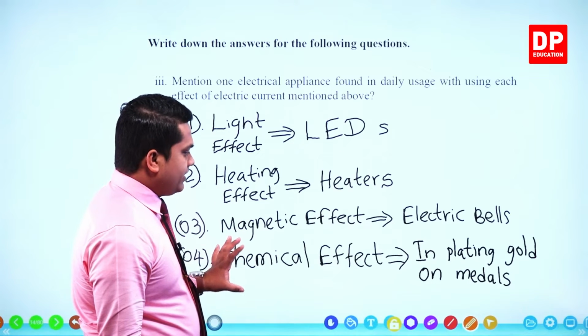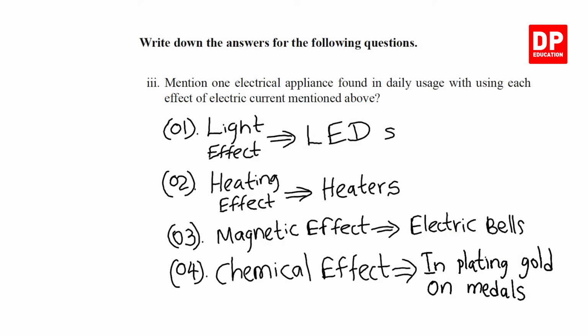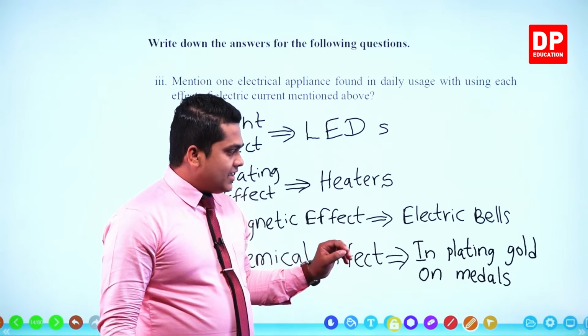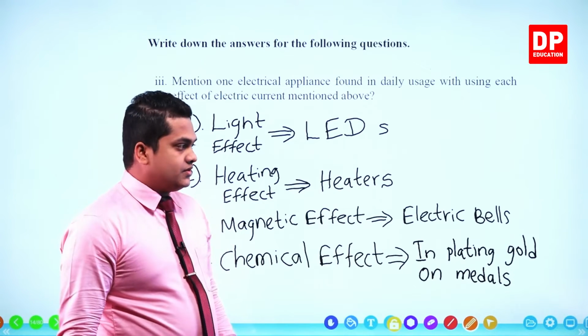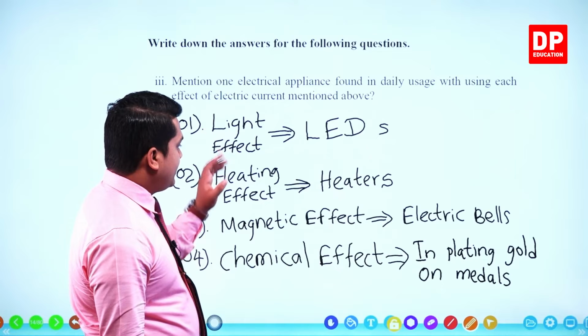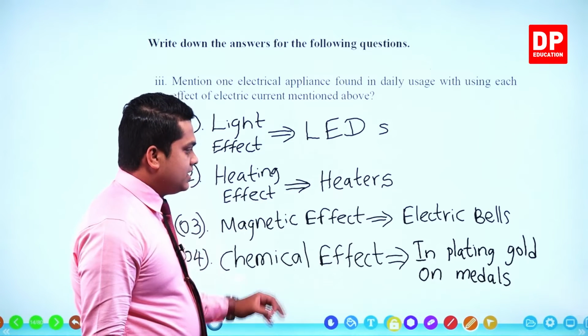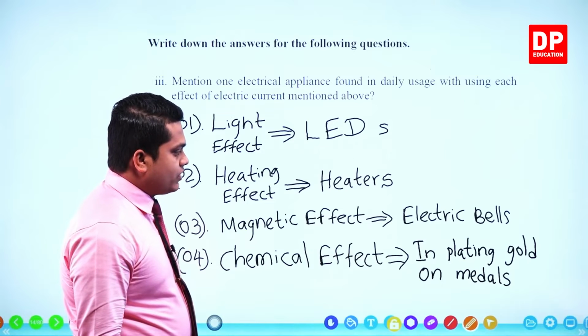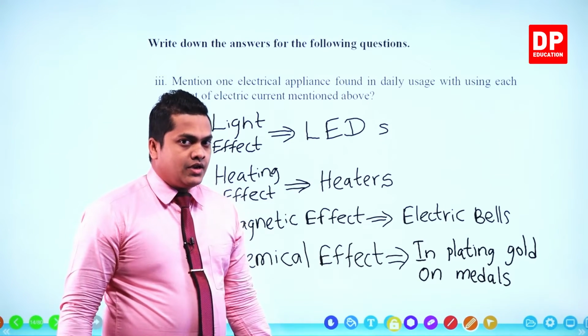For the chemical effect, I told you that there is no certain type of appliance, but however there is a use like plating gold on medals. Okay, so LEDs giving out the light effect, heaters the heating effect, electric bells the magnetic effect, and in chemical effect we wrote a use like plating gold on medals. Right, then